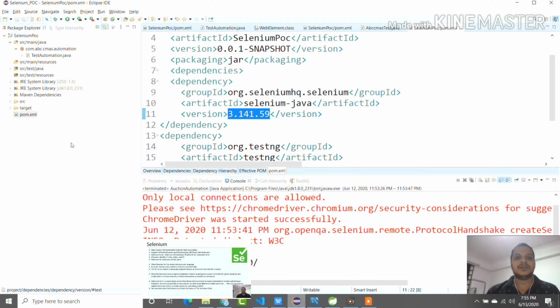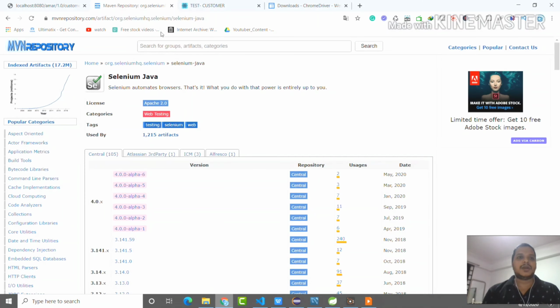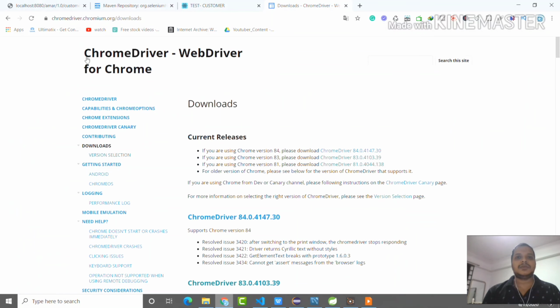Alright, then the second thing you will require is the WebDriver. I downloaded the web drivers from this site. I am going to create the automation for the Chrome browser. You just search on the net for web drivers for this particular browser. This is also completely free, and just make sure whenever you are downloading the web drivers, you check the version.